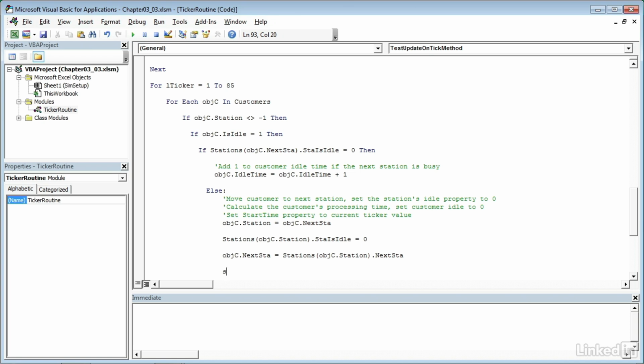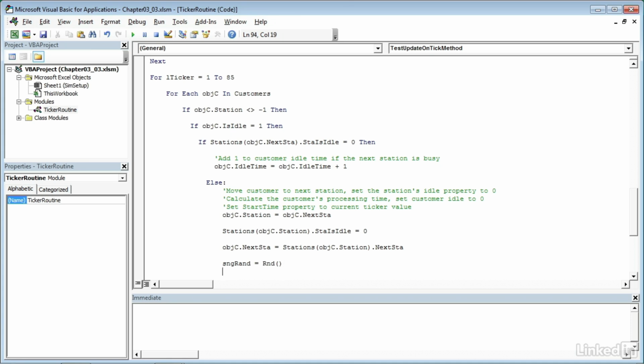And we have single rand as that variable equals, and then we'll use the keyword RND, and then open and close parentheses and return. Now we need to add our processing time to the current ticker value. So the end time, objc.end time, equals L ticker